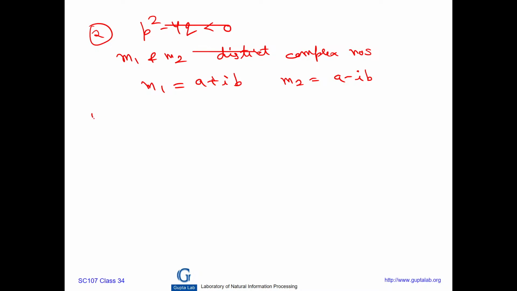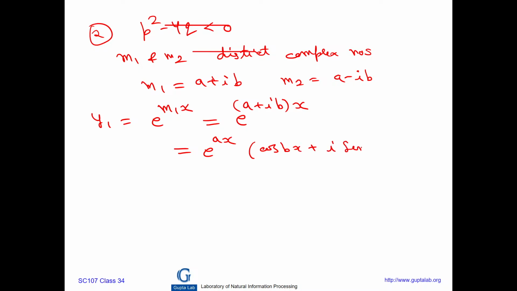सो इन दैट केस y1 विल बी व्हाट? e raised to power m1x is equal to e raised to power a plus ib times x is a solution. It is equal to e raised to power ax into e raised to power ibx, which is nothing but cos bx plus i times sin bx. ये फॉर्मूला पढ़ा है ना हाई स्कूल में? ये क्या है? आइलर्स फॉर्मूला, राइट? सो वन सॉल्यूशन इज दिस. ओके, एंड देन y2 इज e raised to power m2x